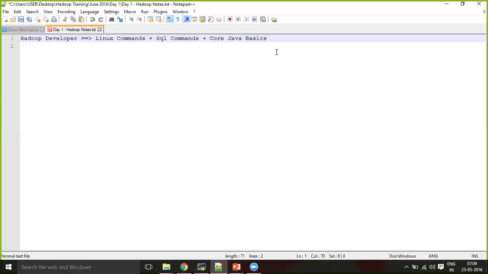Okay, so whoever is coming from the non-Java background, this is the basic foundation that I want to give you before we get thoroughly started with HDFS and Hadoop. Even in our course contents, there are HDFS, MapReduce, and Yarn,